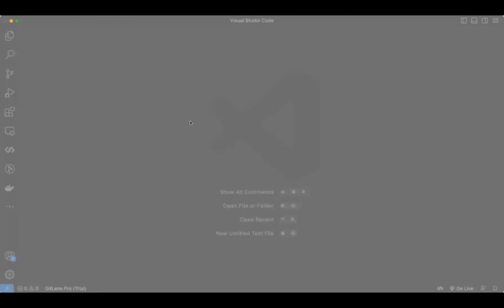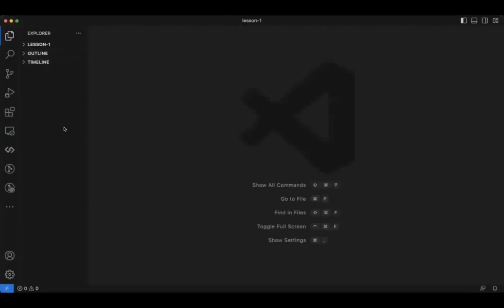For mine, I created a folder called classes, and within there, I created a folder called lesson 1. That's where we shall be covering from. When you reach there, you will select Folder for Windows, and for Mac, you just say Open. Then it will open in a VS Code version like this. So now it has opened. When I look at my Explorer here, I will see that I already had a file called todo, which is meant to show what we are meant to do today. When you click on this,